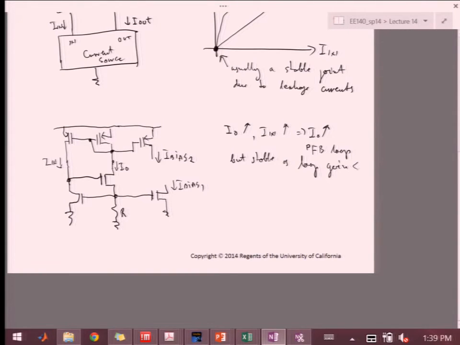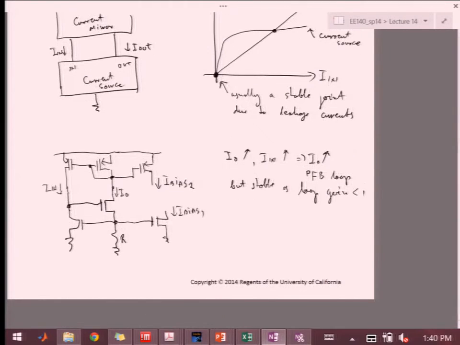But it's stable as loop gain is less than 1. So we'll see when we do the analysis in follow-on lectures, when we go into feedback, that if you apply the little test here on current, you would see that the total loop gain is actually positive feedback, but it's less than 1. And therefore, it's not going to completely accelerate and slam you into one of the rails or accelerate the current indefinitely. Okay. But the point that there's positive feedback and then there's this extra solution over here means that you